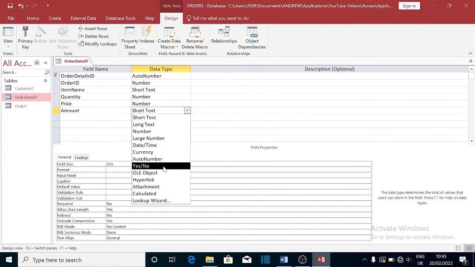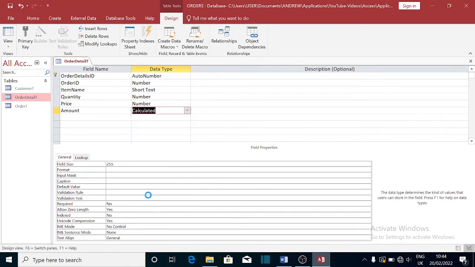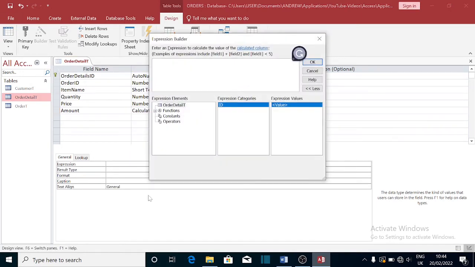However, there's what we call calculated here within this table, but we can as well use calculated fields on a form or a query. So I'm going to calculate it. So when you click on that, you get this expression. So what we are going to do, we are going to the order detail table, and